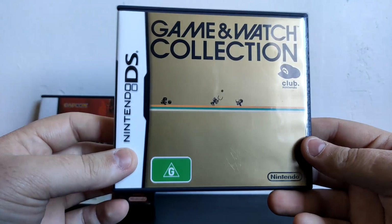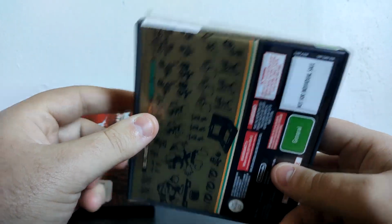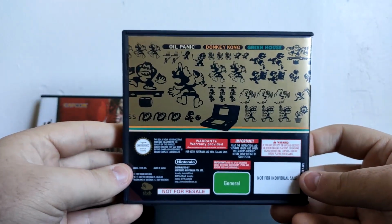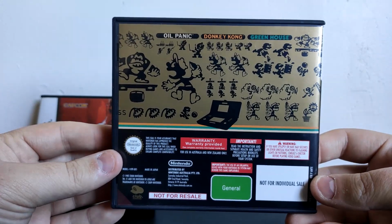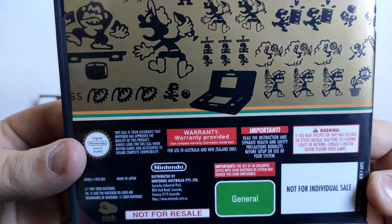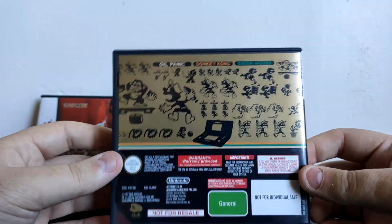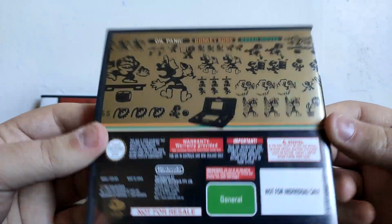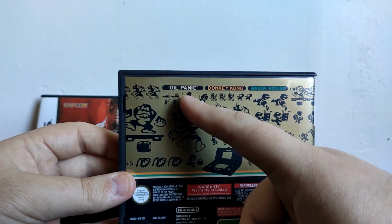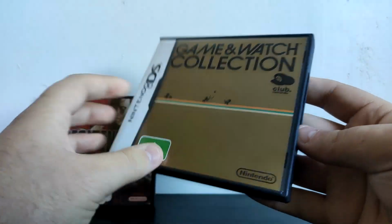And this is the first one in the series, I believe, because it just says Game & Watch. I think there is 2, and this game cost pretty cheap. It was about $6 at the time when I got it, and as you can see, for use in Australia and New Zealand only. But then again, it will probably work on American DS anyway, because the DS games aren't region locked unless they're DSi enhanced. But it comes with Oil Panic, Donkey Kong and Greenhouse,